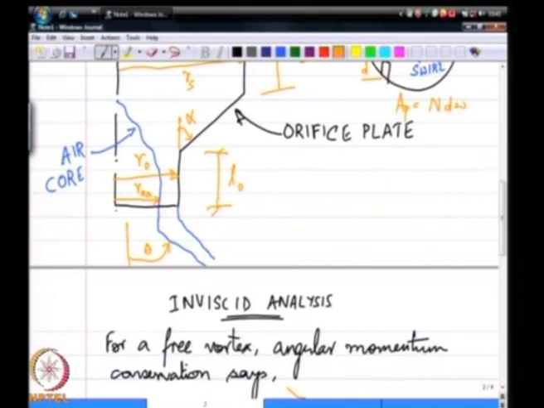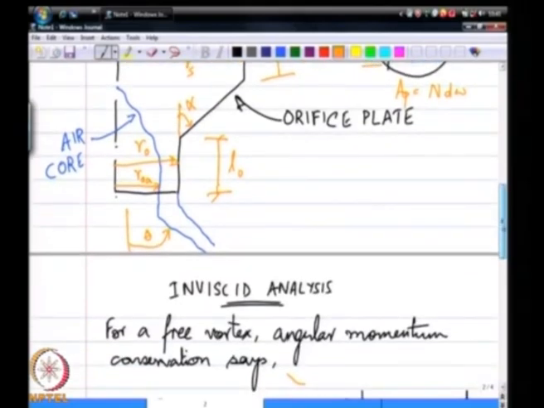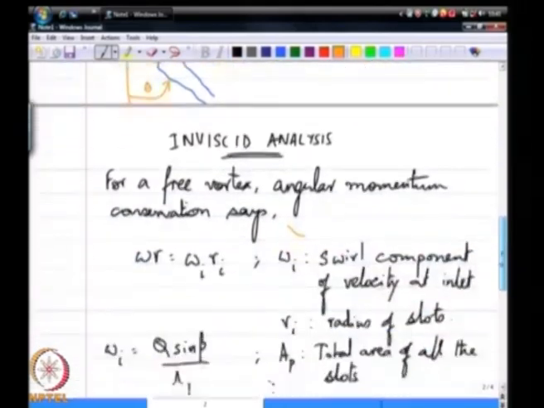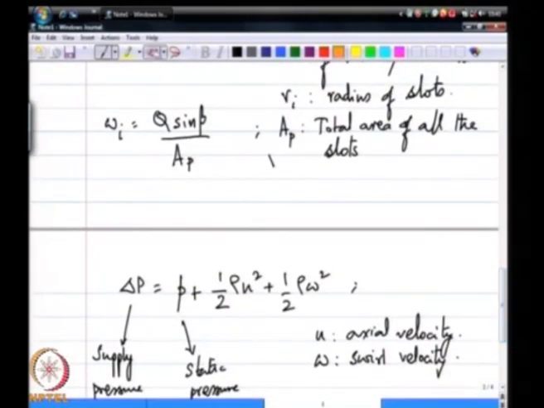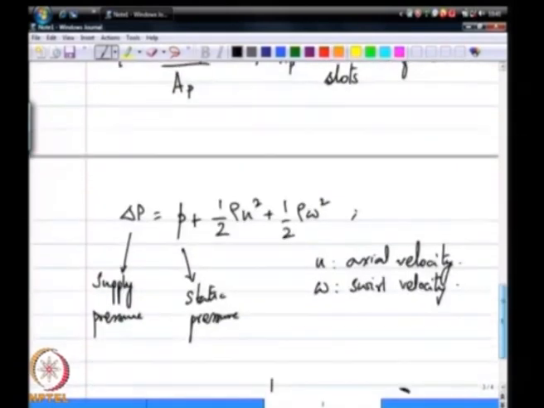We will see that it does have a significant bearing to the performance of this nozzle. So, if I have ROA as being the radius of the air core,